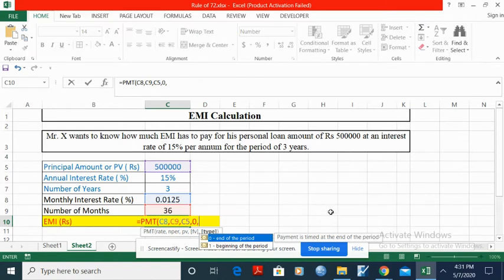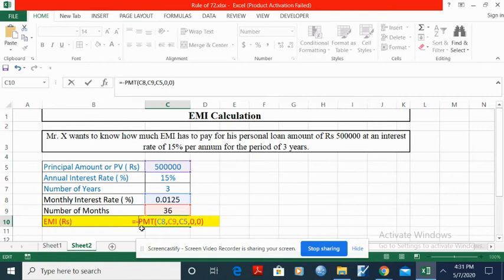Type means whether you are paying the EMI at the end of the period or at the beginning of the period. Let's assume we are paying the EMI at the end of the period, so select 0 and close the bracket. In order to convert negative values into positive values, just multiply with a negative sign here, and press enter. So the value it's throwing here